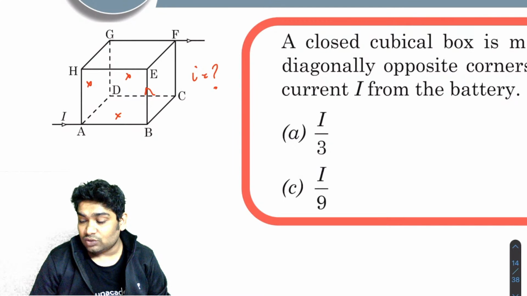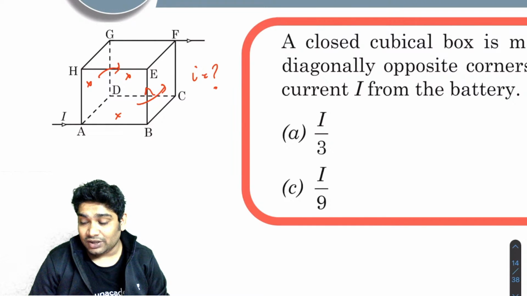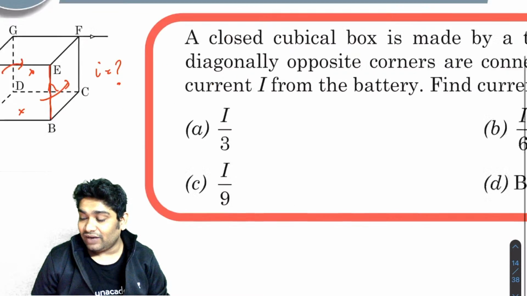And all of it has to cross to the other side. So it has these methods of crossing it. So again, it will be very similar to if this was a cube connected by simple conductors only. So the total current that will have to cross this edge would in fact be I by 6.